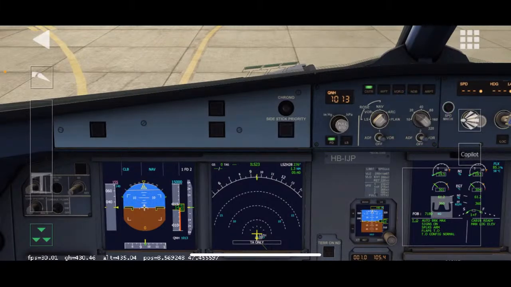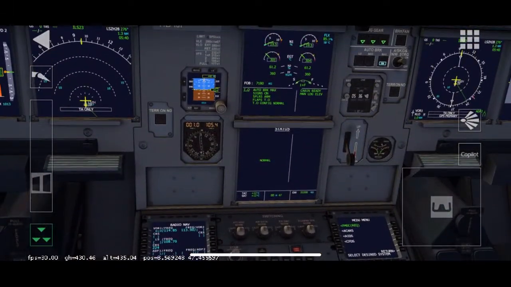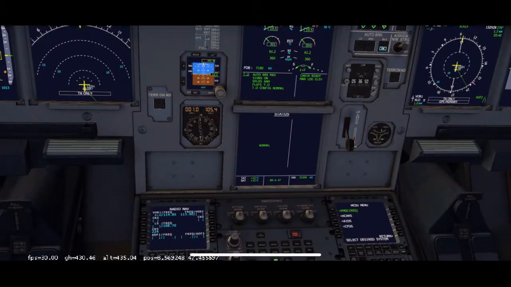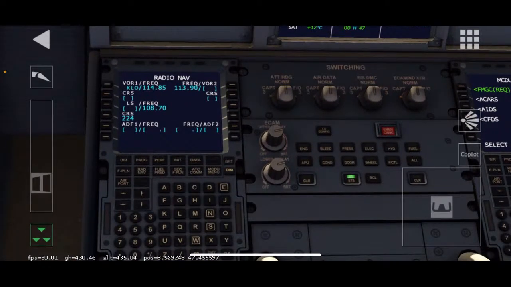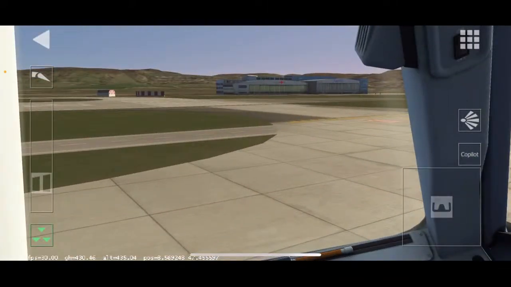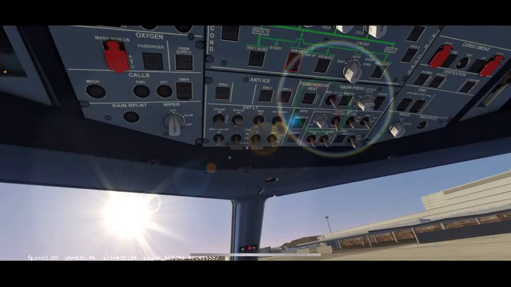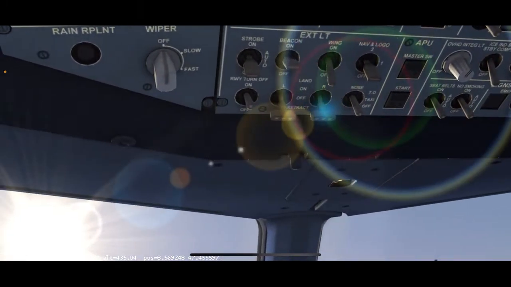And constraints are checked. Man, awesome. Takeoff configuration, we'll check that one more time. Is normal, no systems alerts. And I'm going to put on, awesome. Landing lights will come on automatically.